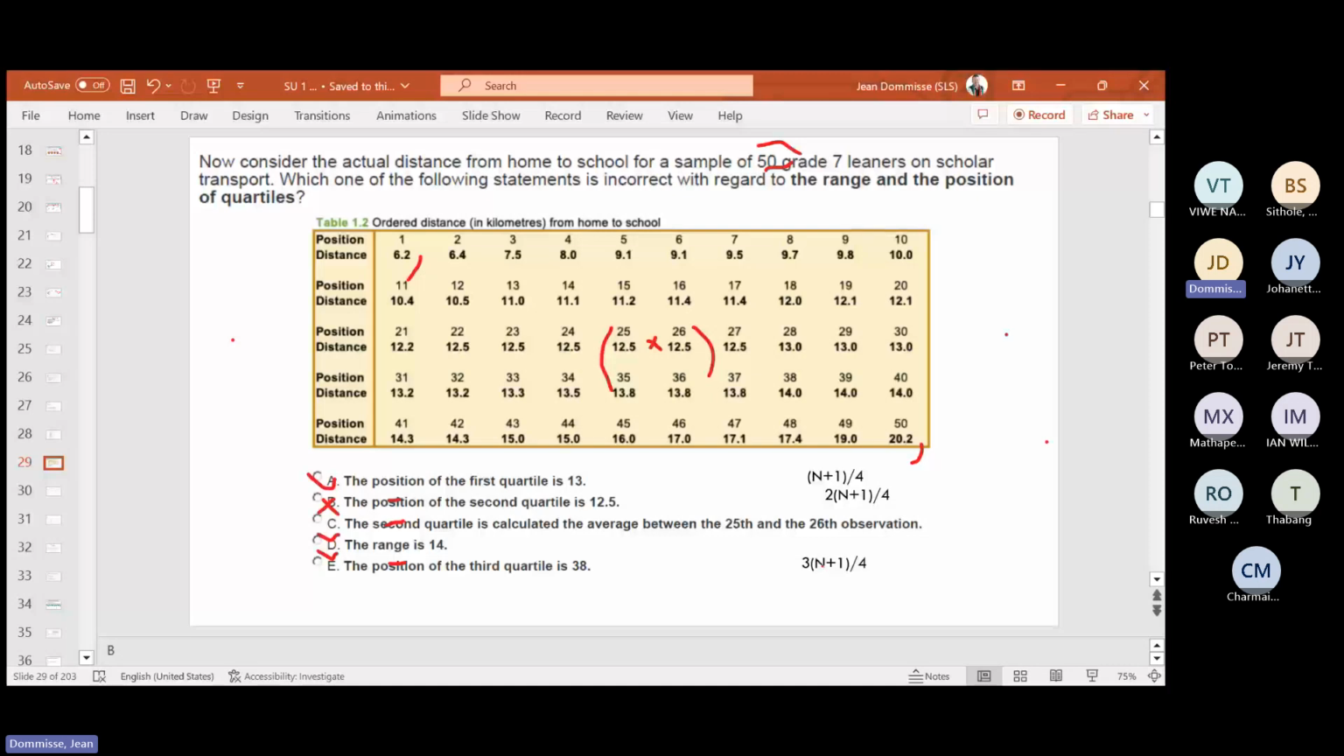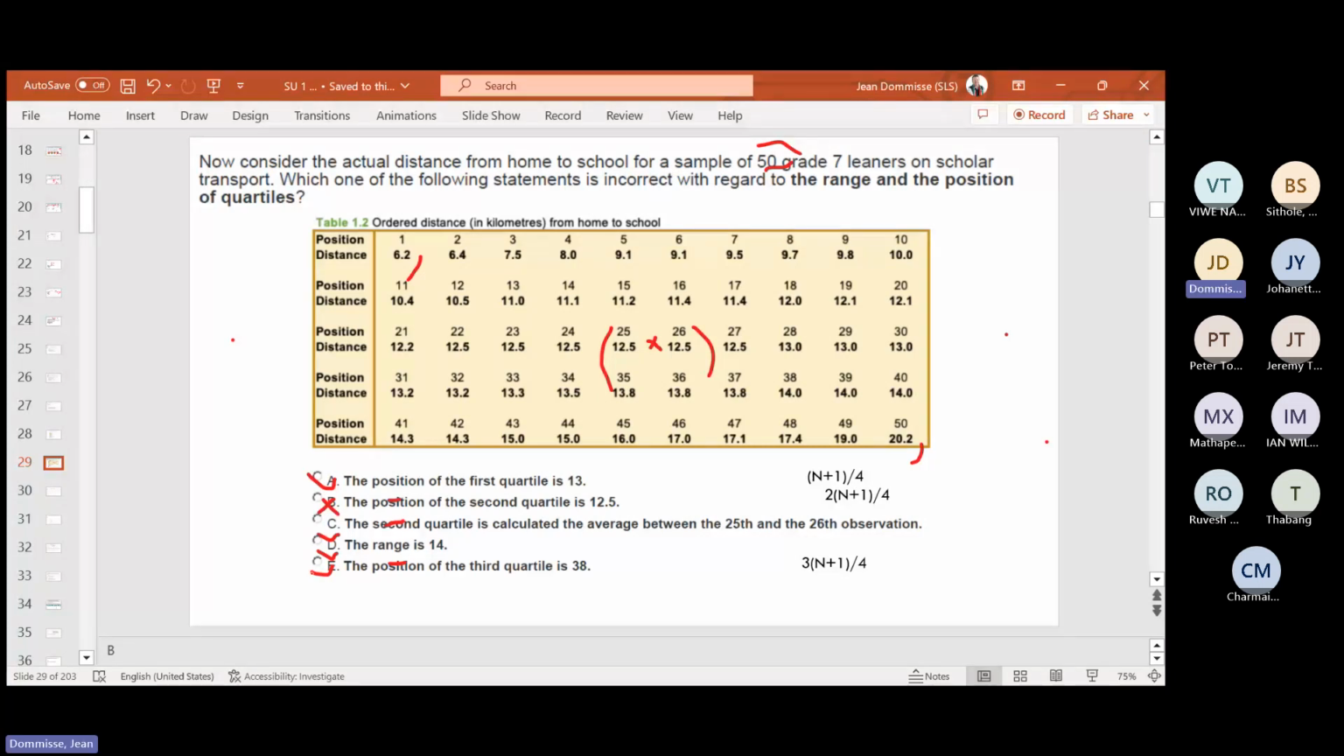50 plus 1 gives you 51, times 5, times 3 gives you 153. And if you divide that by 4 and round it off, you will also get that the position of a third quartile is 38. So out of this big data set,